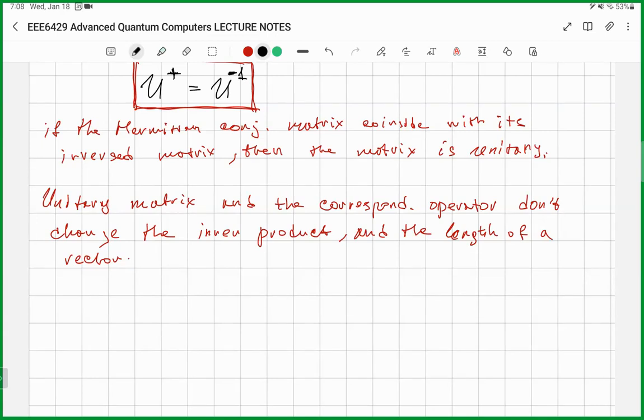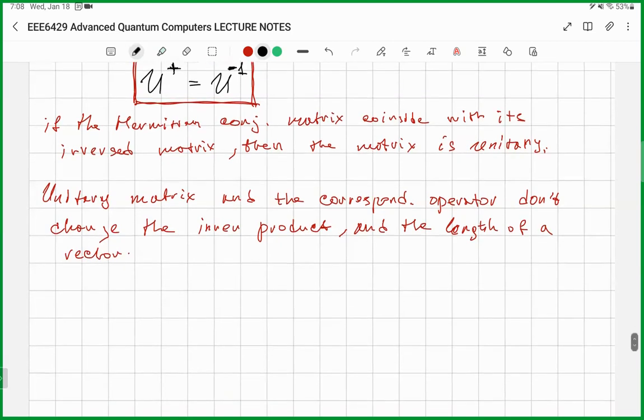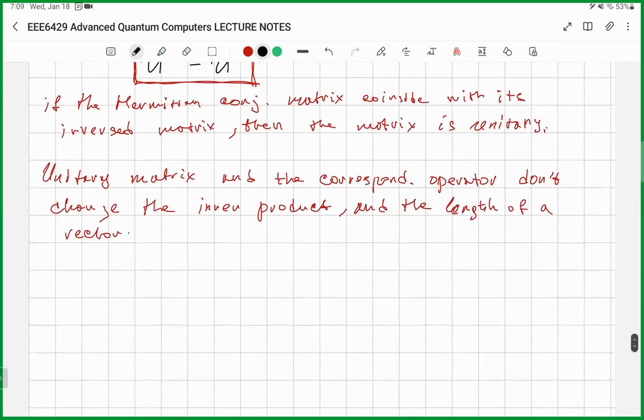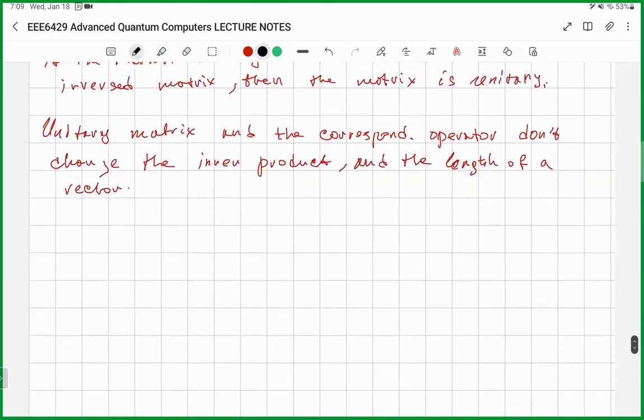And this rotation is represented by a unitary matrix. And you will see that any gate in a quantum computer is described by a particular unitary matrix. So basically, you have a set of unitary matrices, and those unitary matrices correspond to different quantum gates